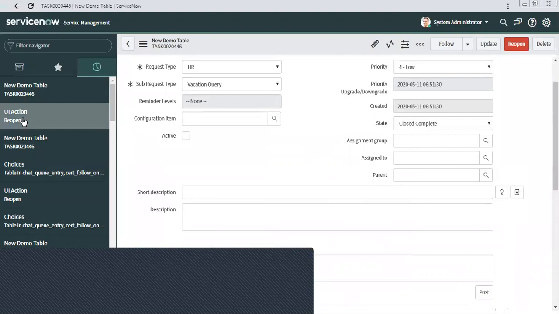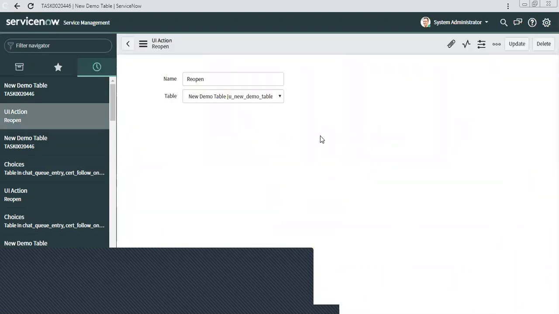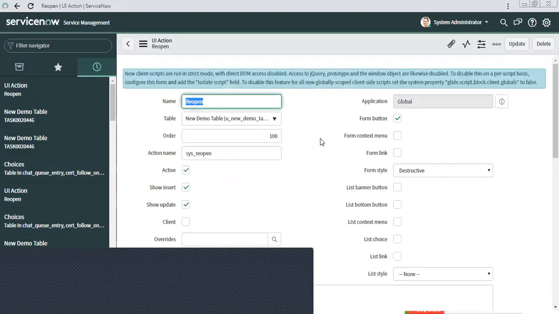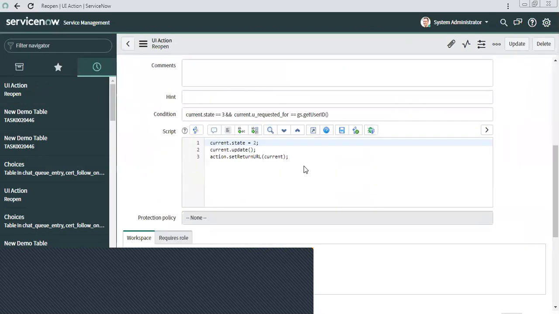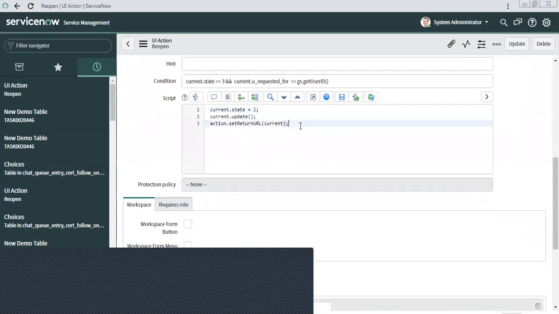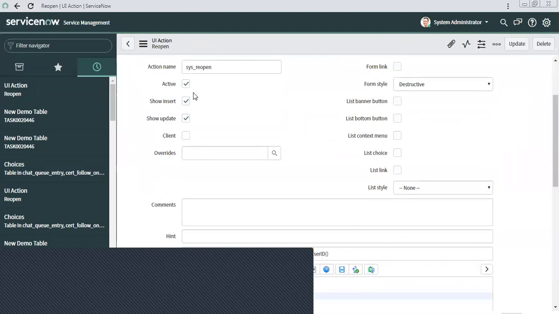If I go back to my UI action, by default it runs server side code only. As I need to write client side code as well, you see this client checkbox.